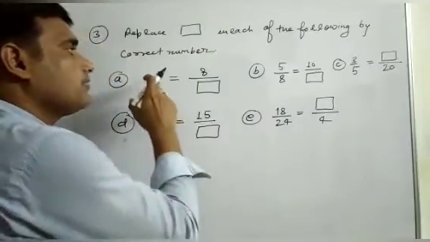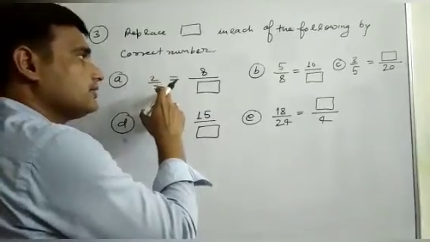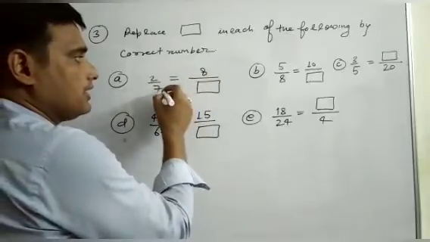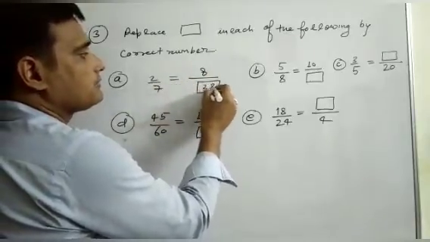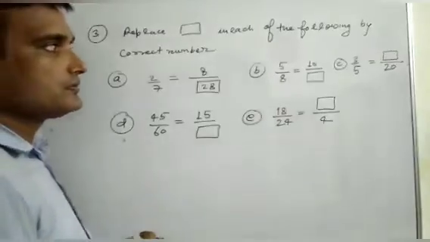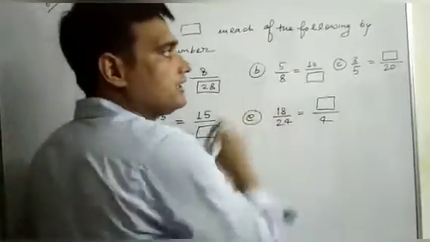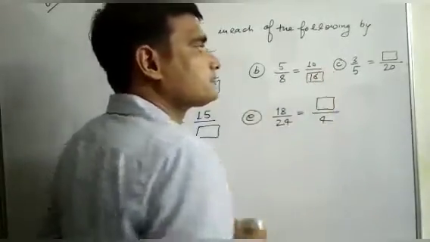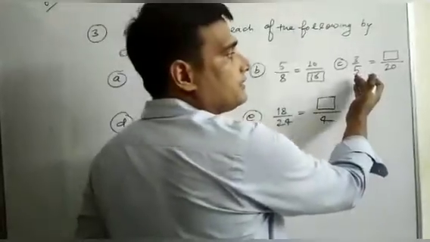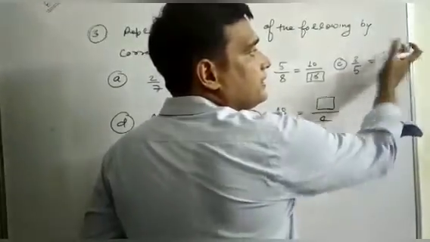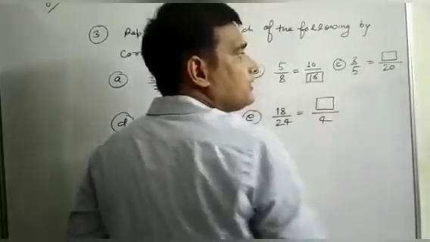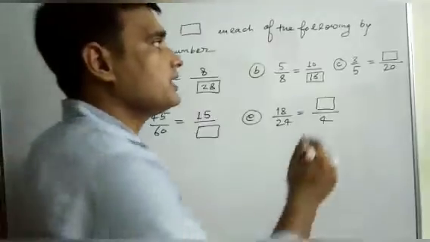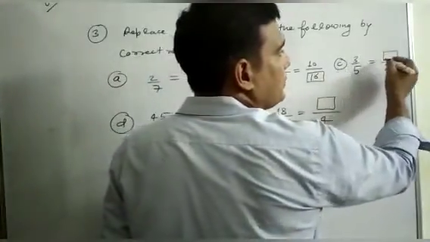It means that if we multiply numerator and denominator by the same number, we get an equivalent fraction. Now 4 times 2 is 8, and 4 times 7 is 28. Now 5 times 2 is 10. It means that we multiply by 2. Therefore 8 times 2 is 16. Now 3 upon 5, with 20 as the blank. 5 times 4 is 20, so we divide 20 by 5. Therefore we multiply 4 by 3. We get 12.